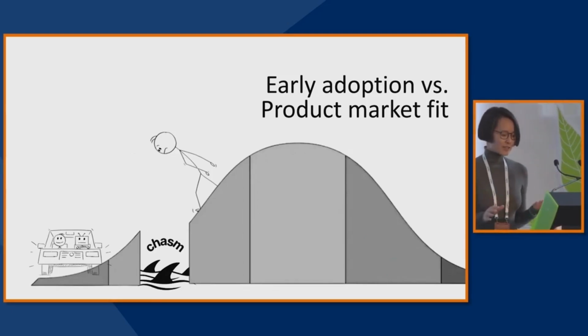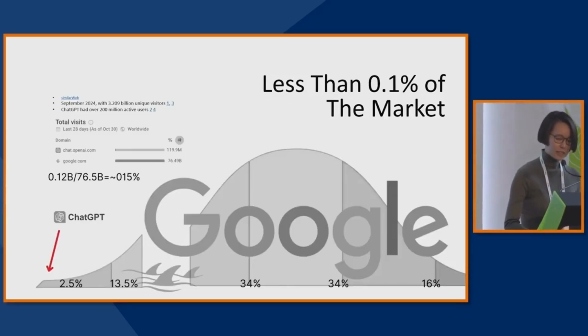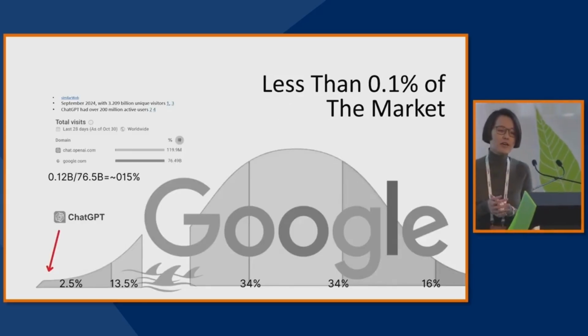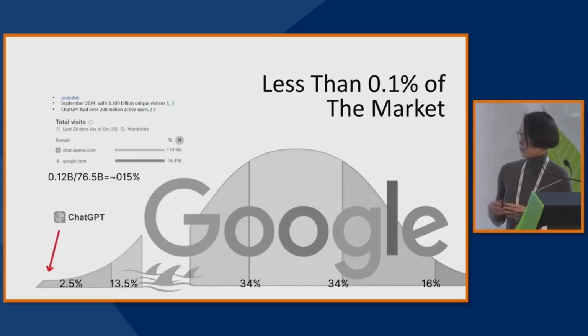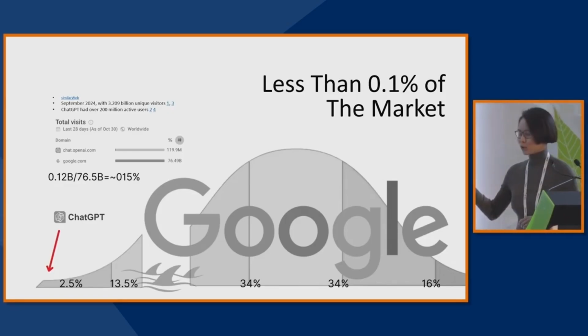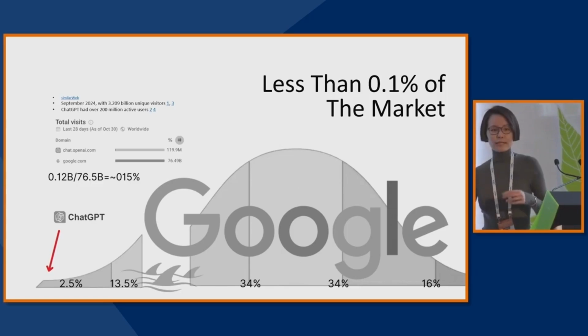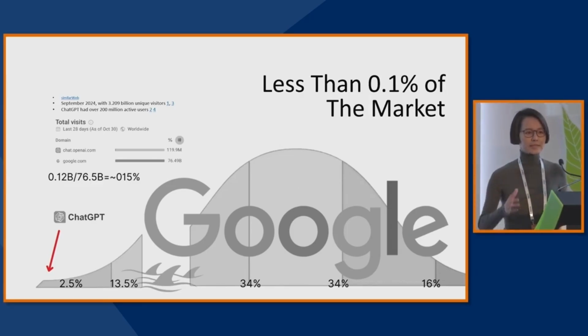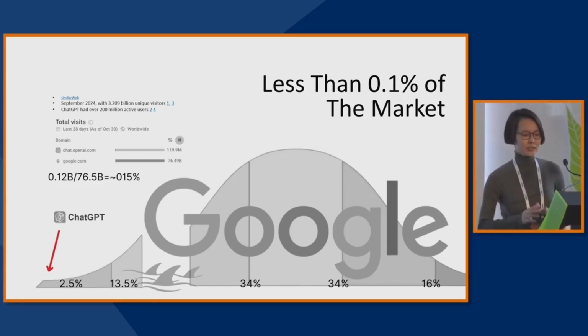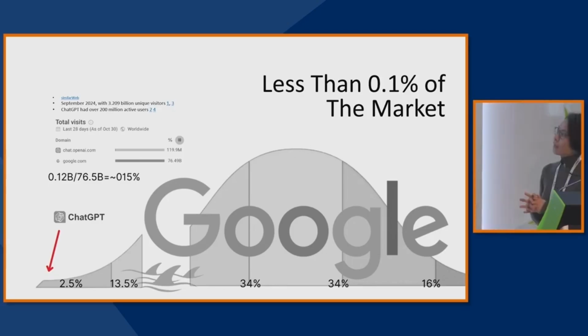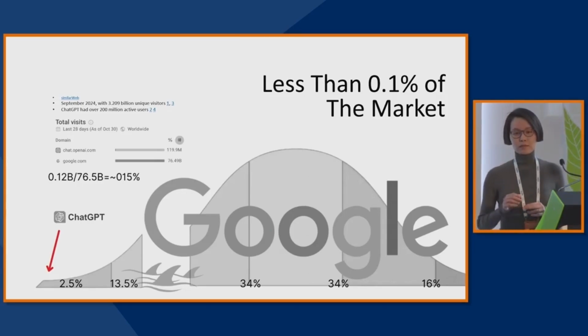So it's good that we have definitions, but let's put it in context. Let's see how it looks when we look at real life data. So you have Google Search. We all know that it is the world's biggest digital product. Google alone had about 3 billion unique monthly visits last month.